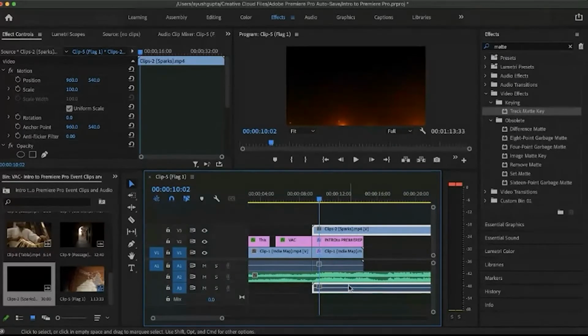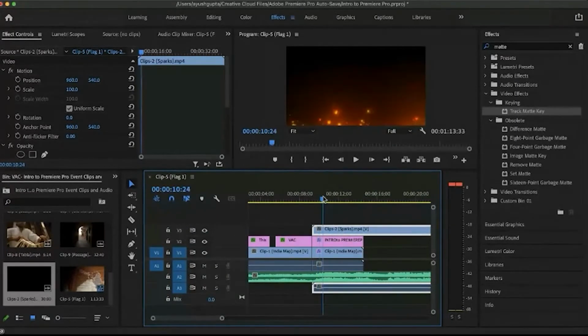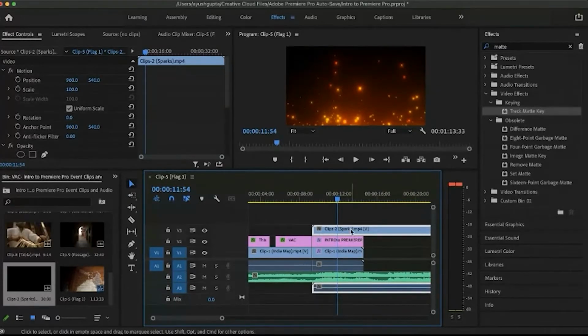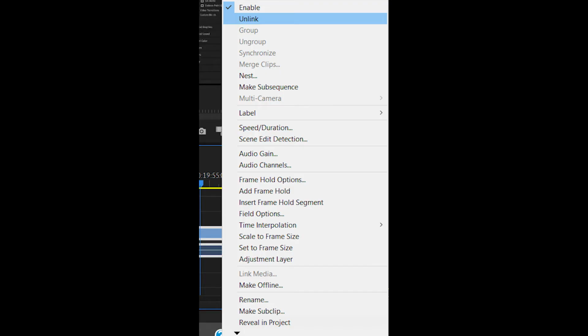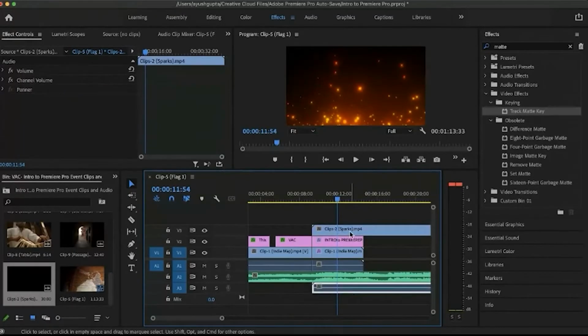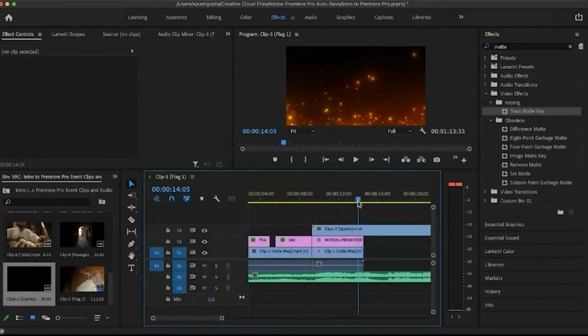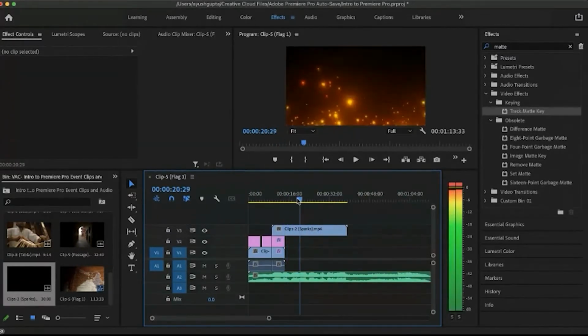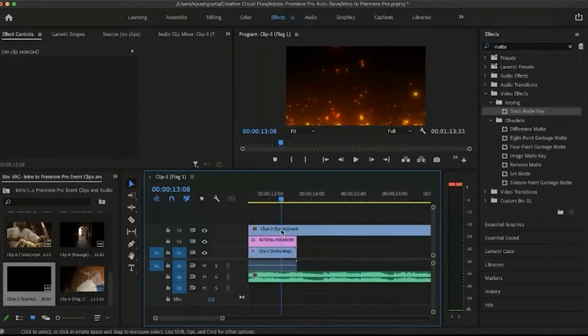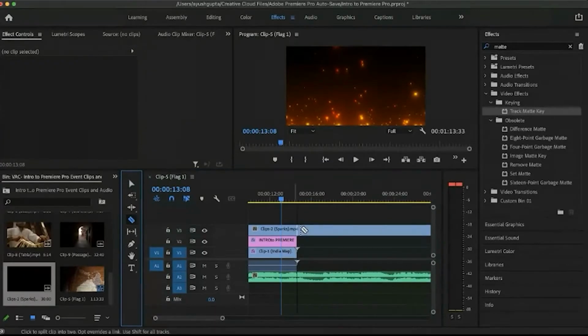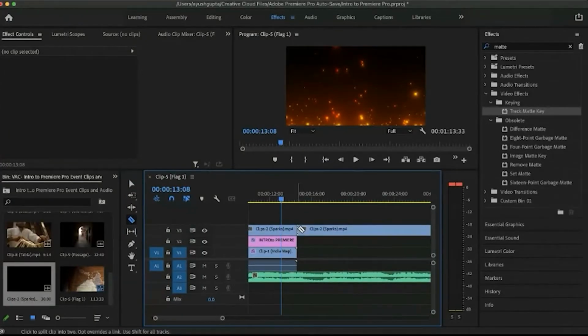There's an audio with this effect. If I want to remove that, I'll right click on this and there will be an option of unlink. Click on that. Now the audio and the video are unlinked. Now you can delete it. Otherwise, if you would just delete it, then both the video and audio will get deleted. Now this effect is basically too long. We don't want this long. So we'll take the razor tool, cut it at this end, and delete the rest of the part.